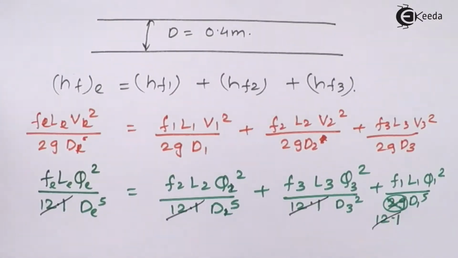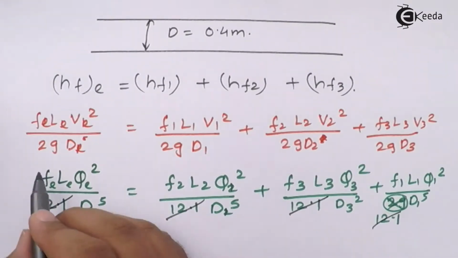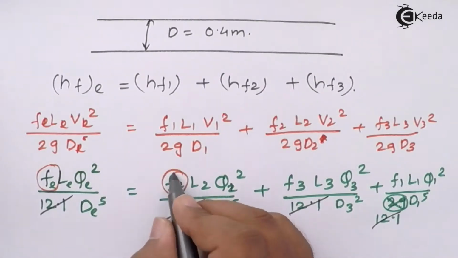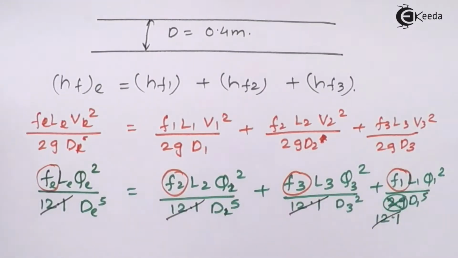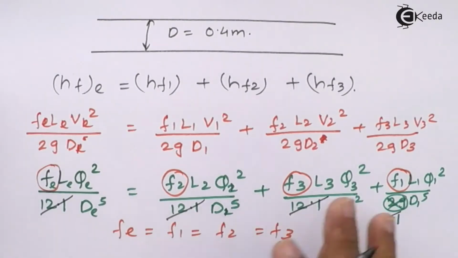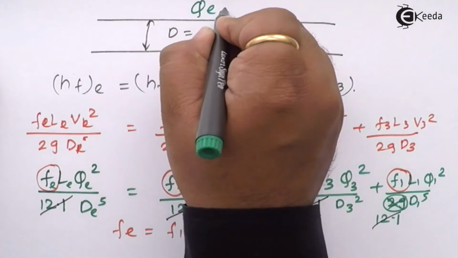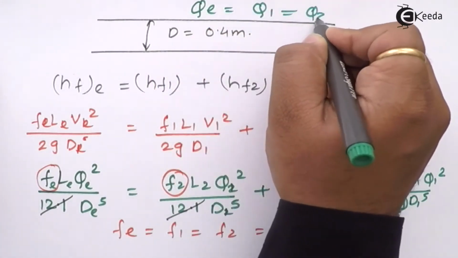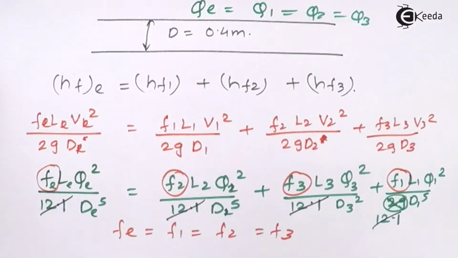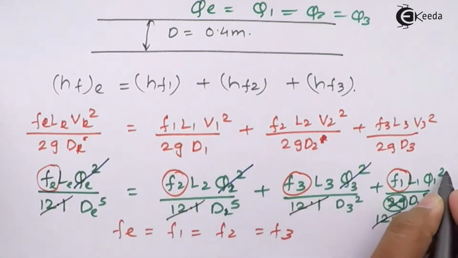Next part over here that we have to see, that is the friction losses are not given to us. We'll consider the friction factors in all the pipes, that is Fe is equals to F1 is equals to F2 is equals to F3, that is the friction factors in the pipes are the same. Now the next part over here, we know that since it is connected in series, Q equivalent will be equals to Q1 is equals to Q2 is equals to Q3. Why will this be equal? Because the discharge through the pipes when they are connected in series is the same. So over here this part, this part, this part and this part will go away.